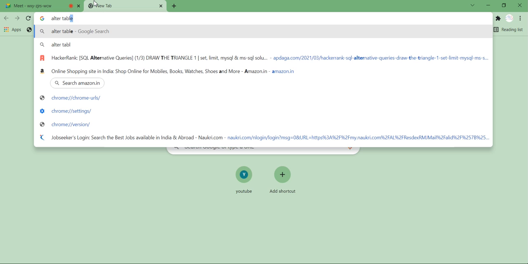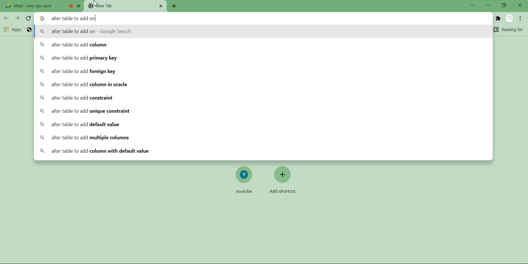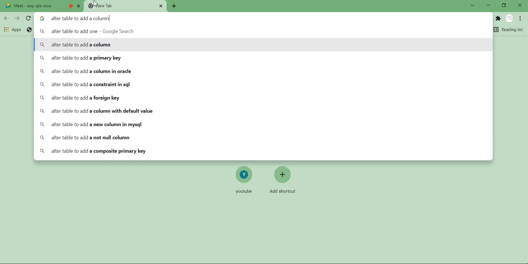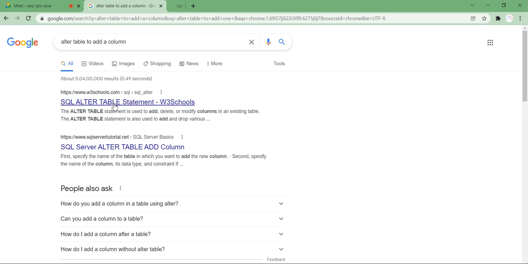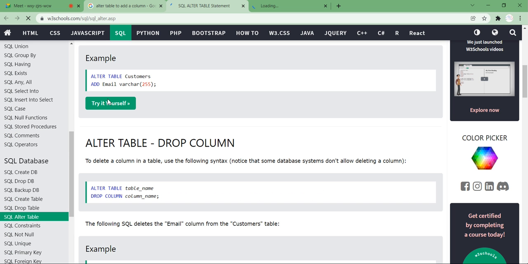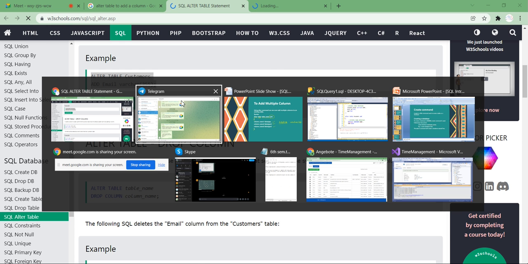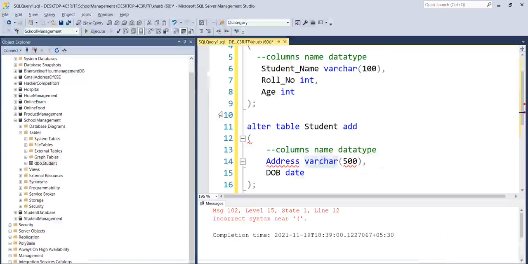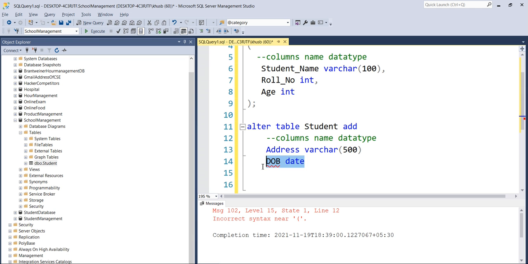Alter table to add one more column. Maybe some syntax issue is there. Okay, so we do not need this bracket here actually. This is the problem. We can use this without it.